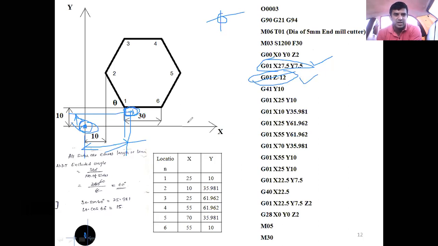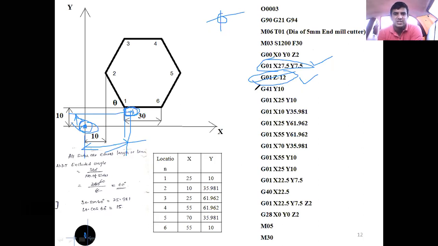Right? Now the cutting tool is still where it was, then give the depth here. This is the workpiece. We are actually 2 mm away from the workpiece. Now if we give a Z value of minus 12, it will go in and cut the material. Now we'll see that. Next is very important.